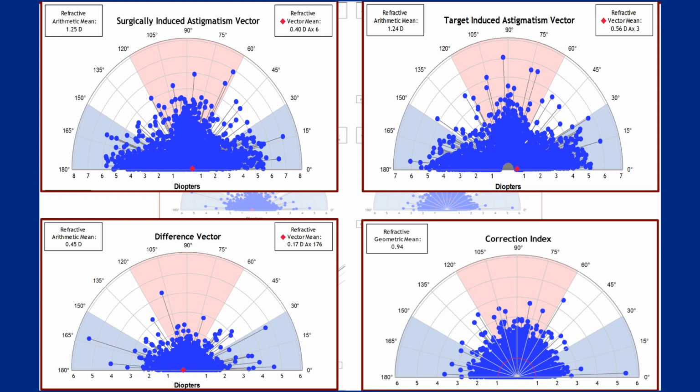your nomogram. So when you look at that answer there, it says 0.94 over 8,000 cases of different types of procedures, but at least I'm seeing there, in this laser vision correction group of patients, that I could nudge up my treatment paradigm by another 6%. Therefore, when I put a treatment in for the next 8,000 cases, instead of putting in the exact amount of astigmatism treatment, I might put 1.06 in, just to nudge it up to get a 1.0 correction index. So that's how you can use data from a big number to accurately refine your nomograms for